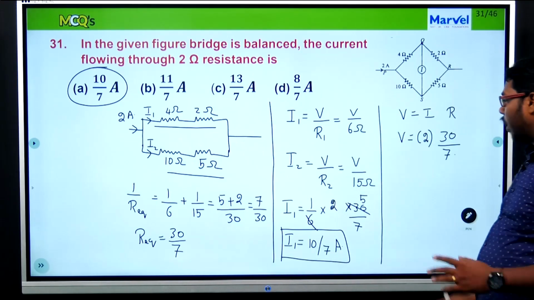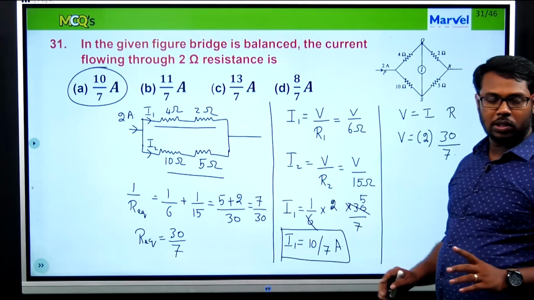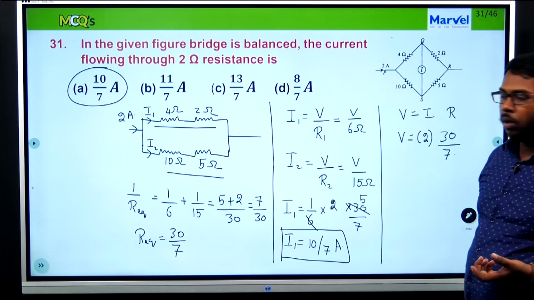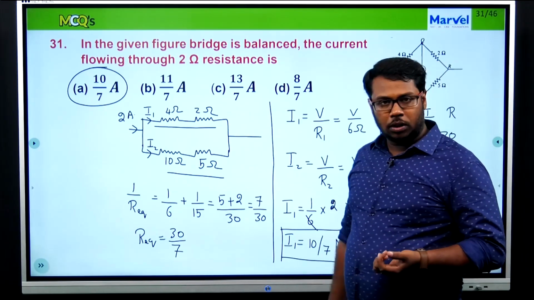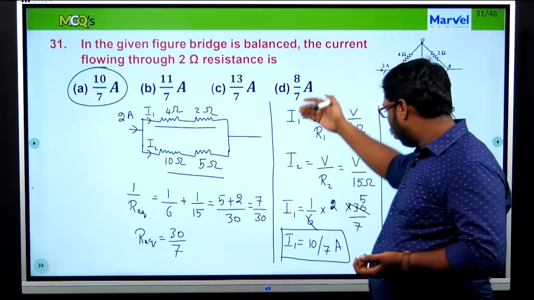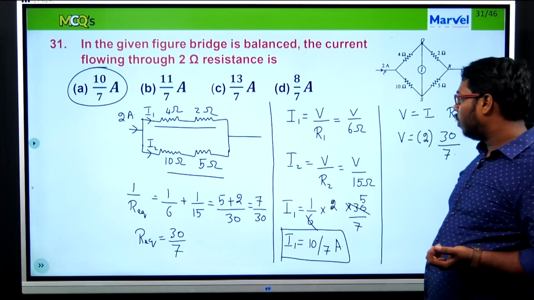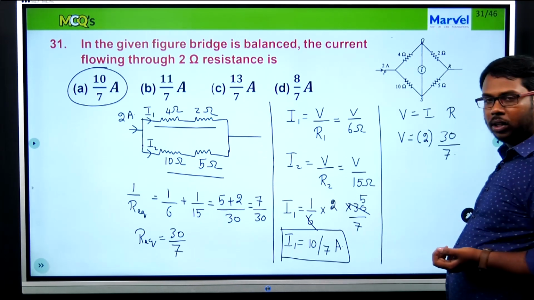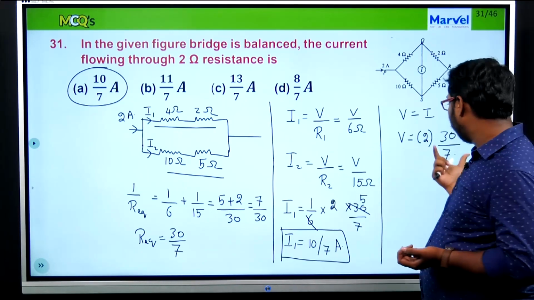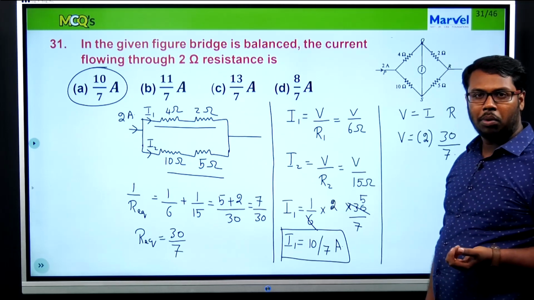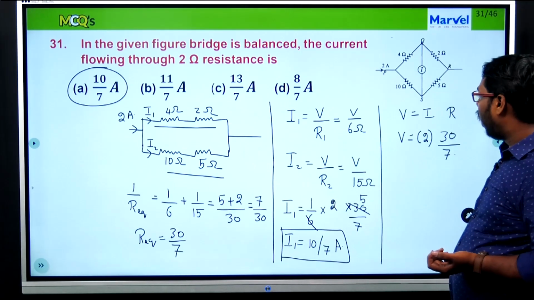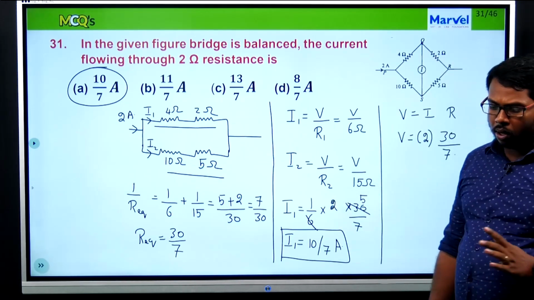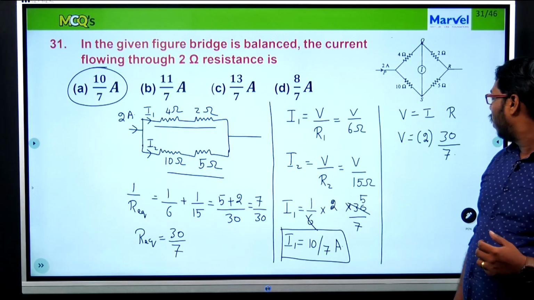See, again, this is not a straightforward question, but you have to understand a few basic phenomena to deal with this. We had 2 branches of the circuit, and I individually probed the current values, and then using the entire equivalent resistance of the circuit, I found my V first, and then using that V back in the current equation, I found the value of the current that is required. So this is how things really work in this particular question.